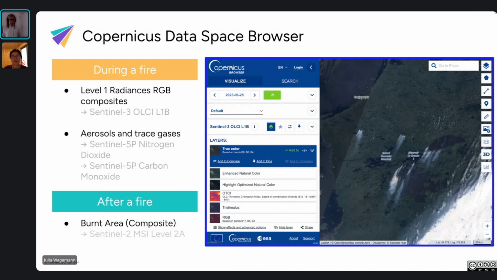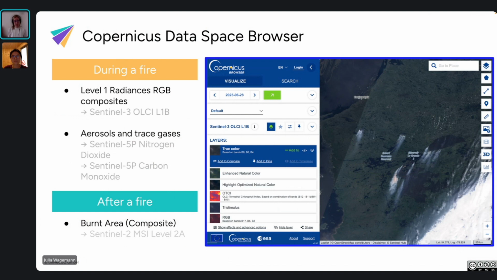Good. And then the third data portal I'd like to introduce to you today is the Copernicus Dataspace browser. So this is a visualization portal specifically for Copernicus data. And from Copernicus, there is a set of satellites that can be used specifically to monitor what is happening during a fire and also after a fire.